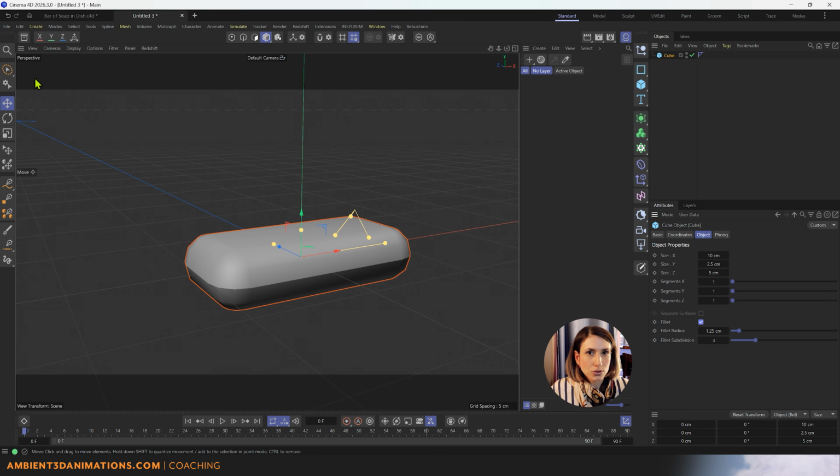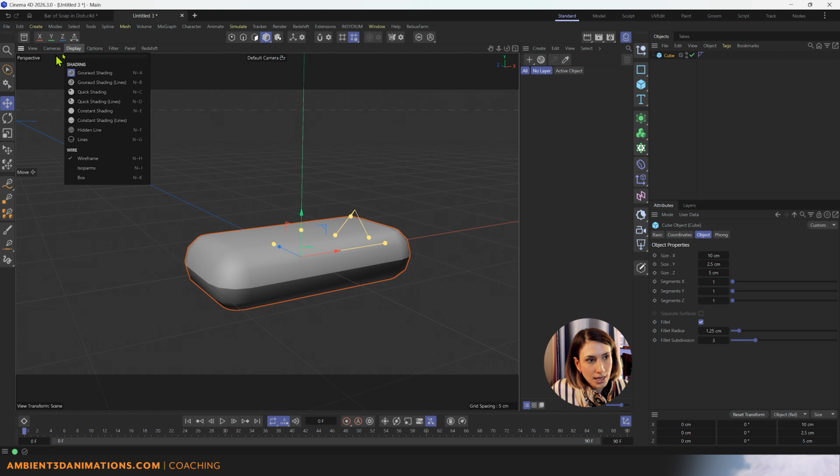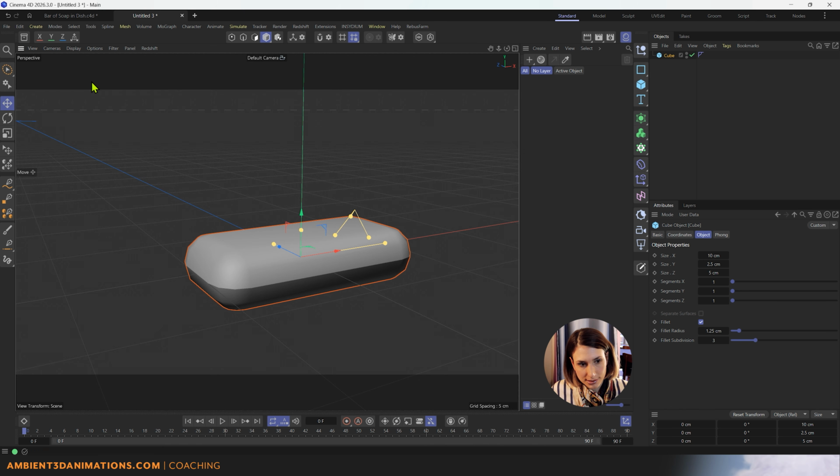The first thing that I'd like you to know before we do that is how to see your edges so that as we adjust our fillet, you can see how that's adjusting in real time. So let's go up to our display mode. You'll see right now we're in this Gouraud shading mode, and that's really nice for having a preview of your lighting. It's very rough. It's not the same as rendering, of course, but this one below, Gouraud shading lines, I'm going to click on that, and now you can see our edges